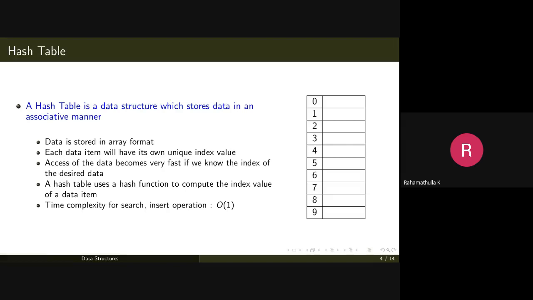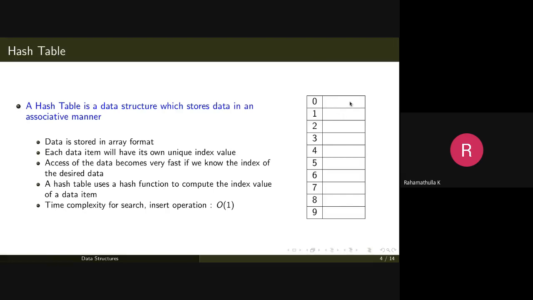So a hash table uses a hash function which can be used for computing the index value of the data item. Along with the hash table, we will have a hash function which associates the index value to its corresponding data item or record. In a hash table, we'll be storing data items, that is each of the records.